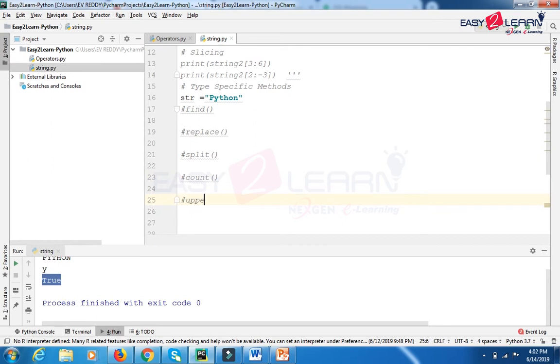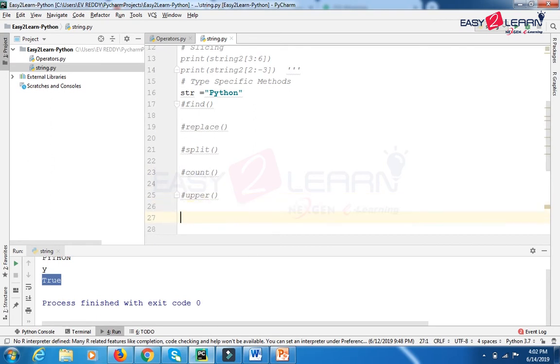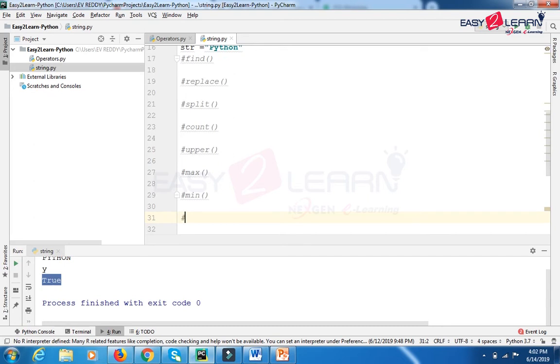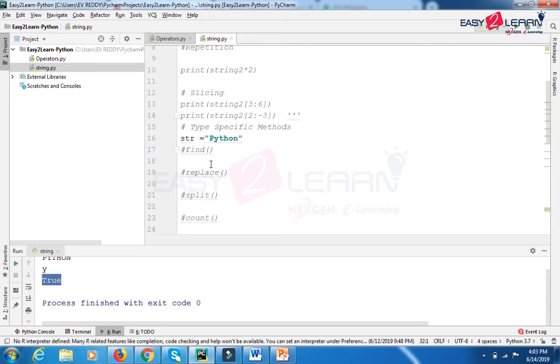After that we have uppercase, converting the string into uppercase. After that we are going to find out the maximum character from the string, meaning the highest ASCII value of the character, and then the minimum ASCII value of the character in the given string. And also we are going to find whether the given character or string is alphabetic or numeric. isalpha is going to check whether it is alpha or not. So let us see one by one in detail.